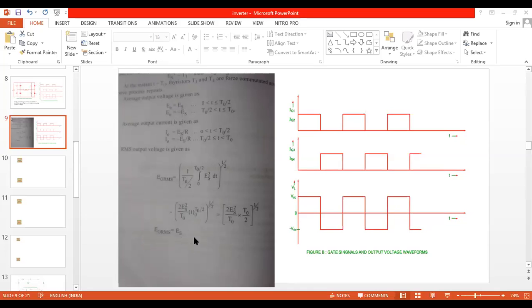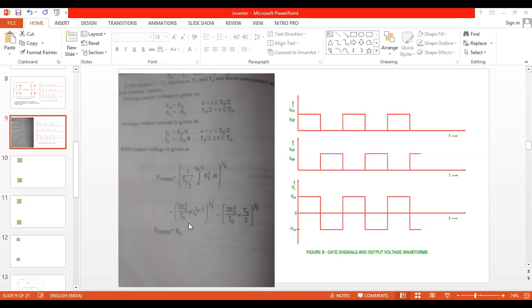What is the output voltage of the converter? If somebody asks you, we already studied Vm by pi into 1 plus cos alpha. But now, what is the output voltage of the bridge inverter? For series and parallel inverters, there are no derivations, only circuit theory is mentioned. But for the bridge inverter, whenever you explain, you have to explain the output RMS voltage. If somebody asks you the output RMS voltage of the bridge inverter, the value is always equal to the input DC voltage. That's why this inverter is used everywhere, because there are no losses. If I am giving 200 volts input, the output will also be the equivalent AC voltage. That is called the RMS.